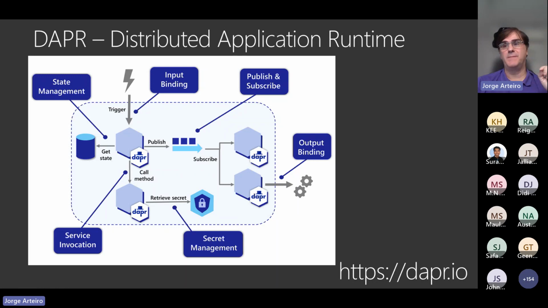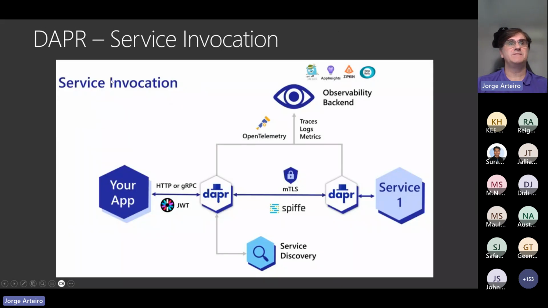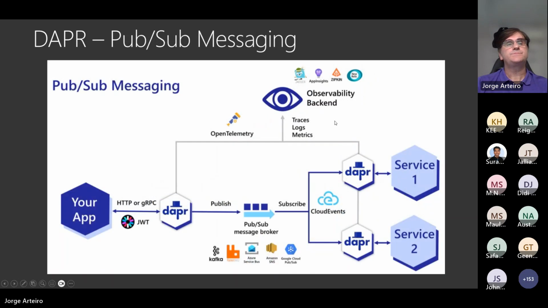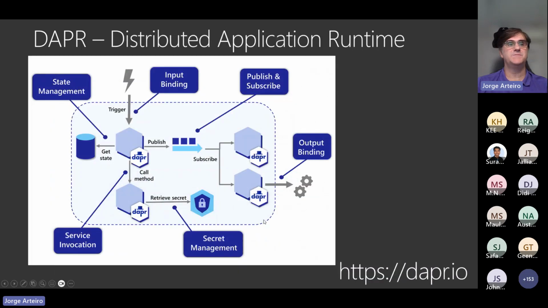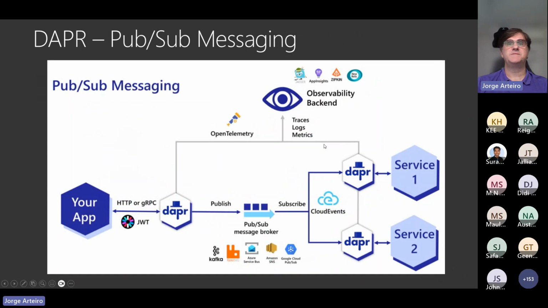And Dapr, also dapr.io, is another CNCF project that's used by Container Apps that allows all these kinds of things. One that I like a lot is service invocation. You can talk between the services using, like I said, mTLS to have safe communication, or using logs and telemetry. But if you go back to the main slide, you can see I can use pub/sub, secret management, state management, binding as well.